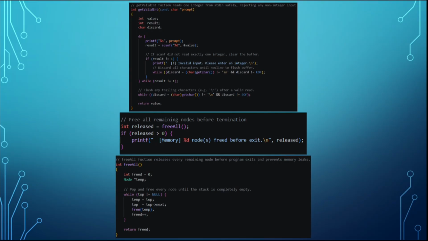Before the program exits, I release all the remaining memory using the freeAll function. Here, the while loop pops and frees all remaining nodes one by one until top is null. It counts how many were freed and returns the number. This ensures no memory leaks when the program ends, and the number of freed nodes is printed, so you can